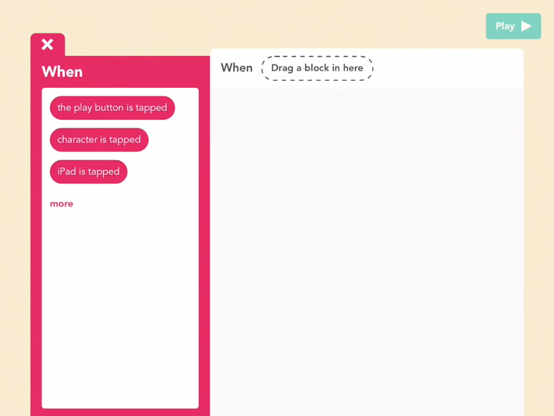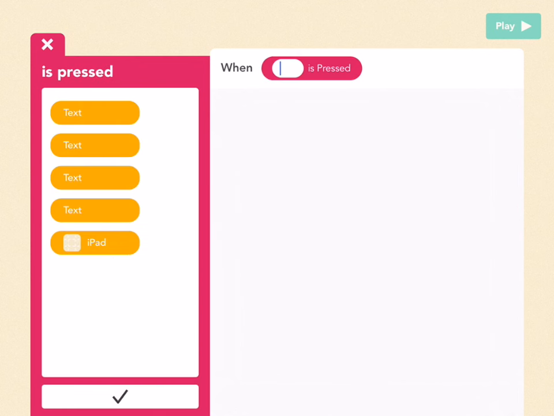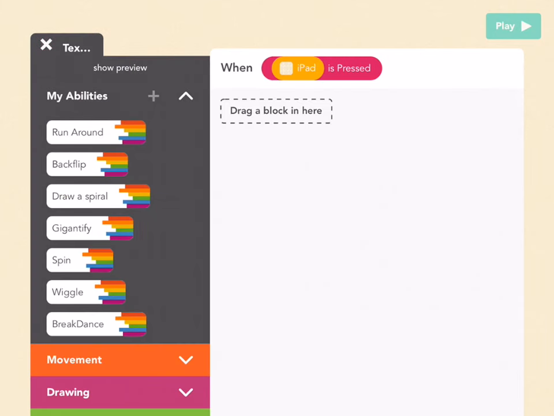So that way it'll look like I'm drawing. You can think of these dots as like ink or something. So let's go to more for the when and find is pressed, and then pick iPad and press check. Okay, so the way we're going to make this work is that when the iPad is pressed, I want to